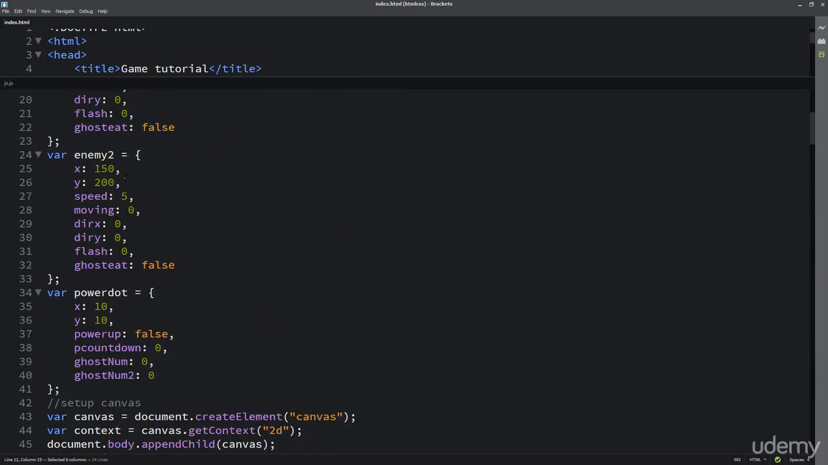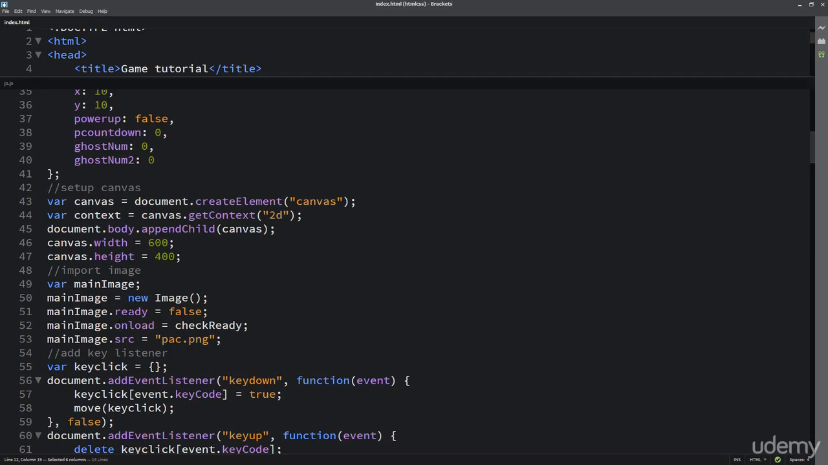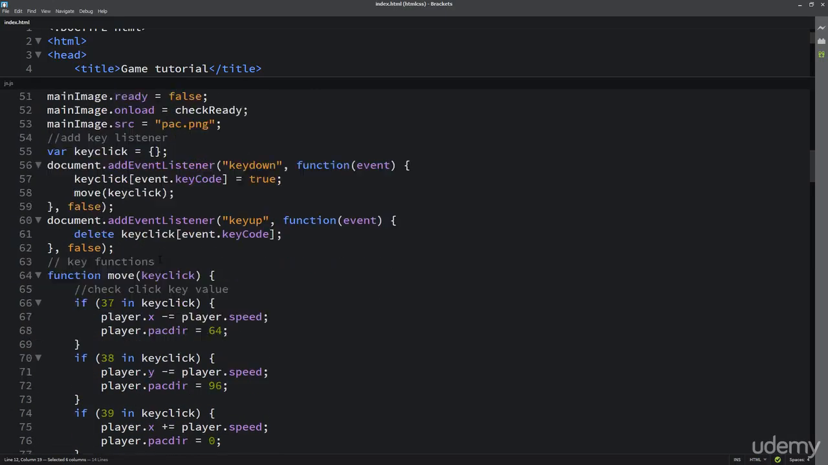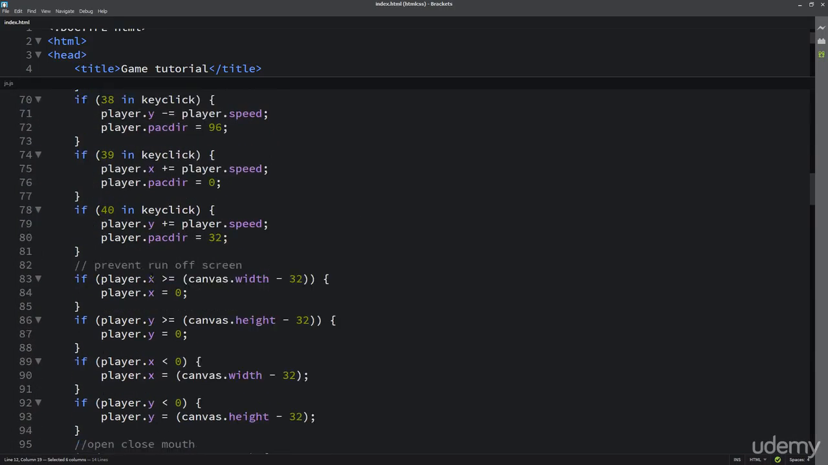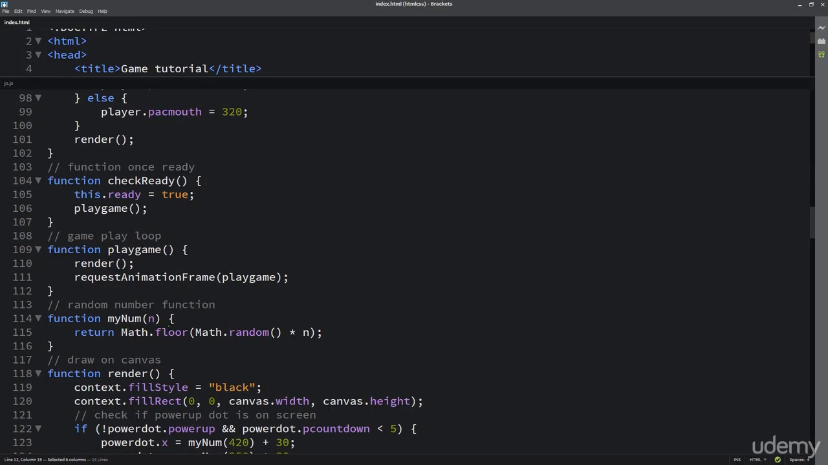starting with the different variables to use, how to set up the canvas, how to bring in images, load in images, adding in listeners, keyboard listeners, listening for key down functions, arrow keys, checking to see which keys are actually pressed, also preventing runoff of the various objects on the screen, and then some additional functionality of those objects, some